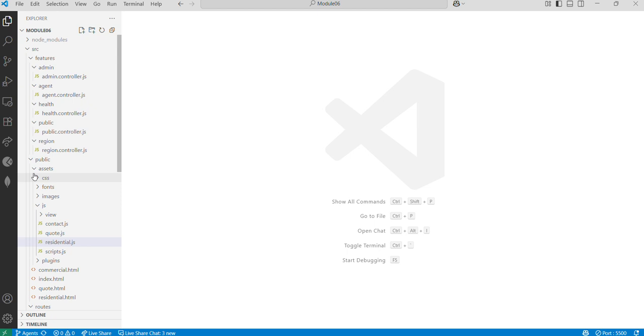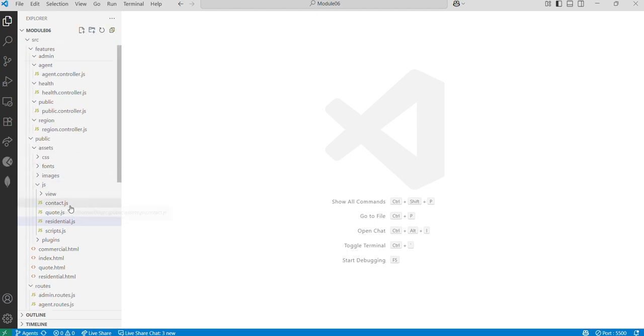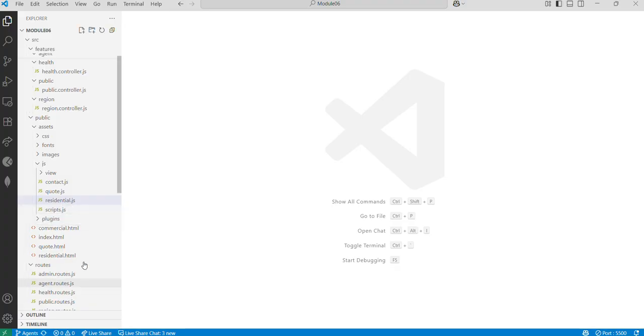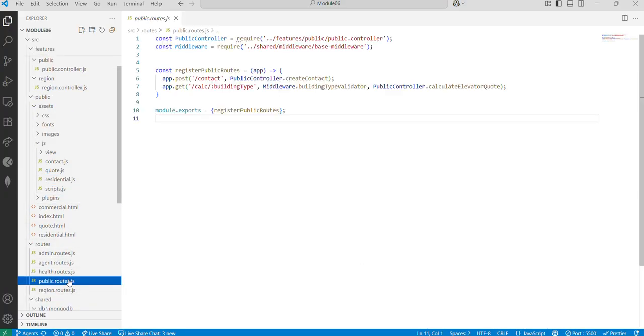First of all, for this we start at the public route. This is where the logic for calculating the elevators is needed. The logic for the path parameter is here, dot building type. And when we go to Postman,